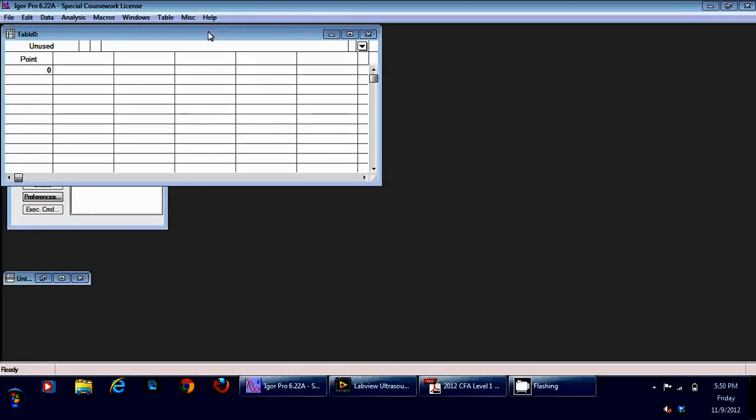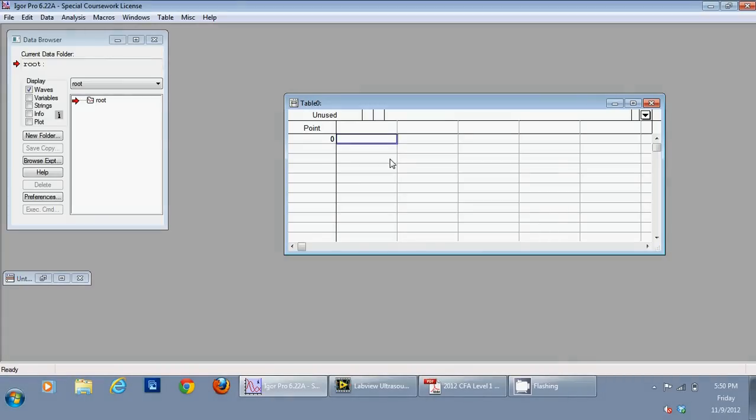of users. So here in Igor you can see that the interface looks a little bit like Excel. However, it's not very user friendly as compared to Excel, but it has a lot of capability, and you can do programming in this. You can also interface C++ with it or other programming languages, and can do a lot of things by using automation. But right now I'm just giving a quick tutorial on how to plot some graphs in Igor and how it is different from Excel.